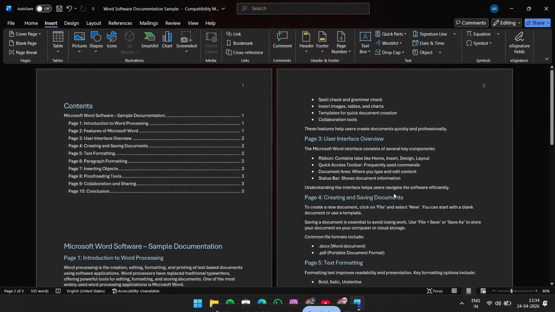In this video, I'm going to show you how to remove page numbers from a Word document quickly and easily. This is a really useful fix if you want to clean a layout, need to prepare a document for printing, or simply want to remove numbering from a specific file. It only takes a few clicks, and I'll walk you through the exact steps so you can do it without